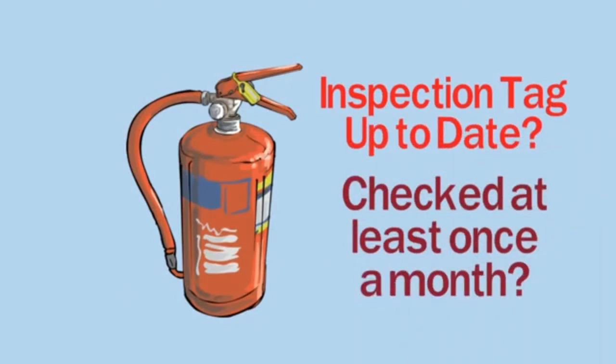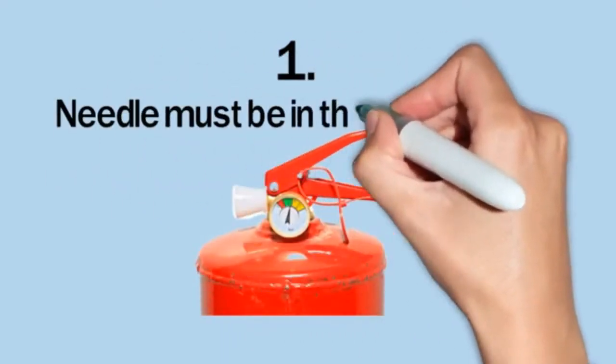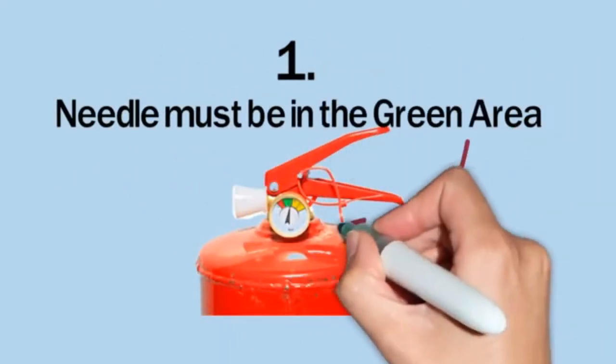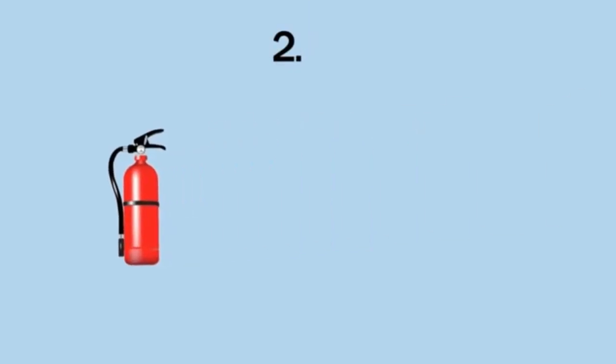Even if your company inspects them, you should look them over to make sure they meet 3 requirements. 1. Is the extinguisher charged? The pressure should always be at the recommended level. On extinguishers equipped with a gauge, the needle should be in the green zone, not too high and not too low. 2. Are all extinguishers mounted correctly?